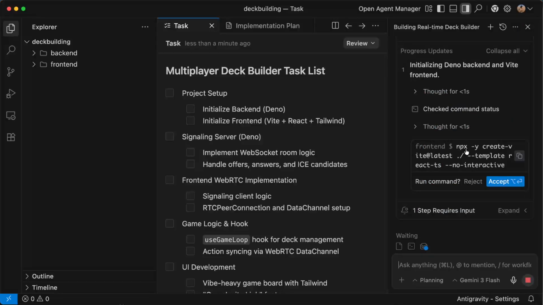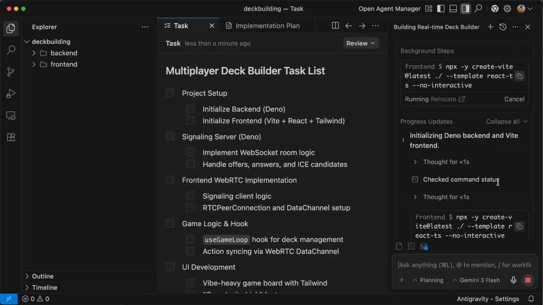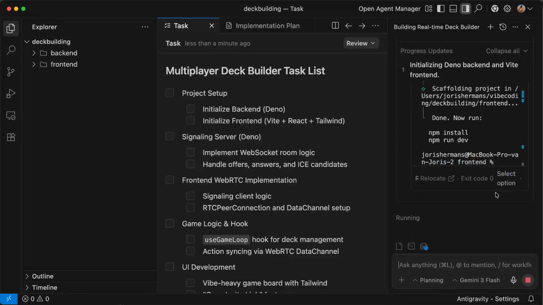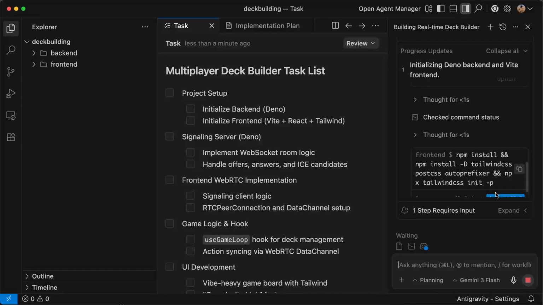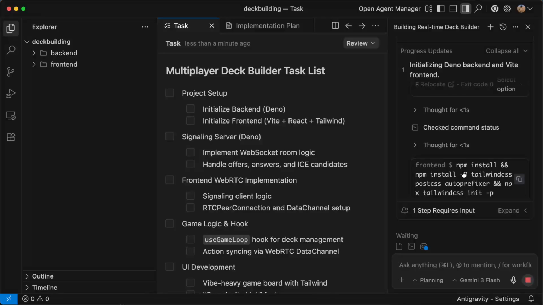So here, npx create vite latest template react, no interactive. You see, yes, and it's going to scaffold a lot of things. So when you're vibe coding and you're working together in the chat, you always need to check what is going on there. So npm install and npm install tailwind postcss autoprefixer and npx tailwind.